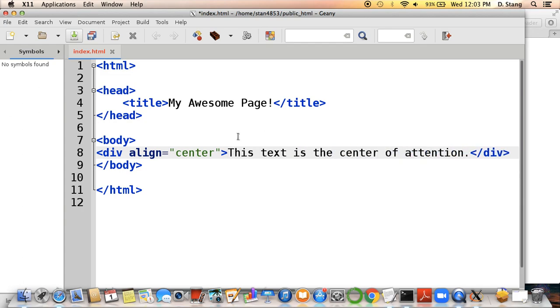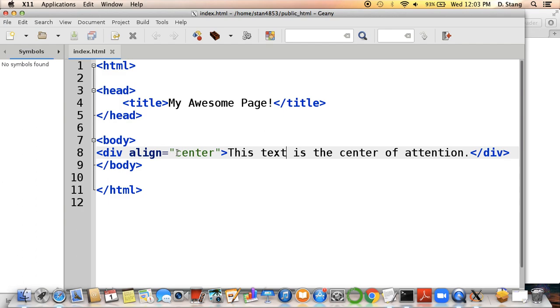To demonstrate that, I'll say this text is the center of attention. And since this text appears in between the two div tags, that text will in fact be aligned center, or put in the middle of the screen. If I do that, you can see this text is in fact being displayed at the center of the screen. And if I want to align something to the right,